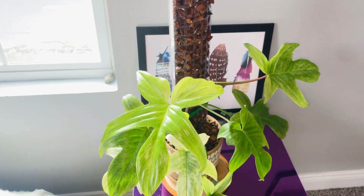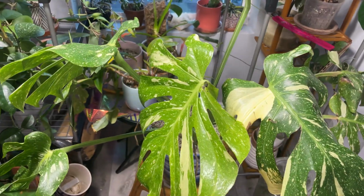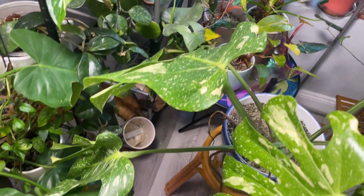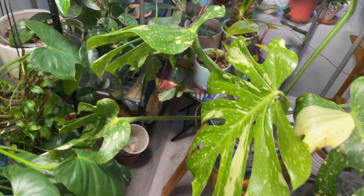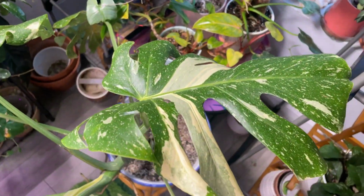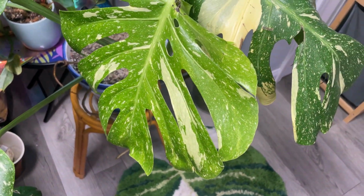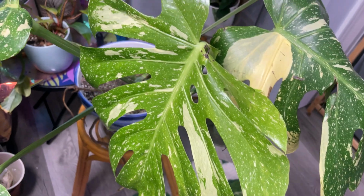Okay, I think that is that. Okay, here is my beautiful Thai constellation. He's really big. It's kind of difficult to see, but I just wanted to show you his newest leaf because he is quite a slow grower. I don't get a new leaf super often on this plant,